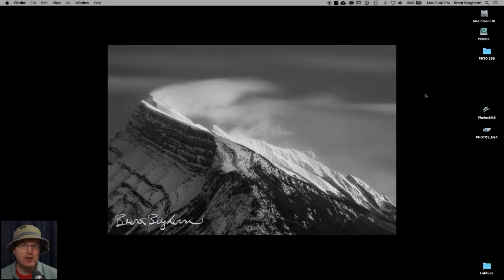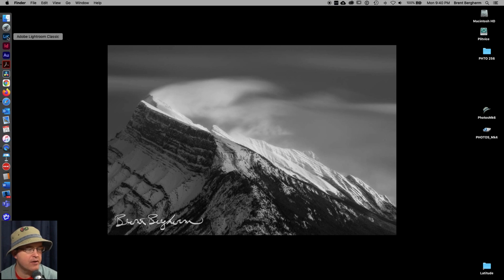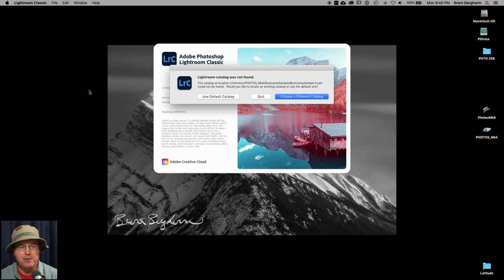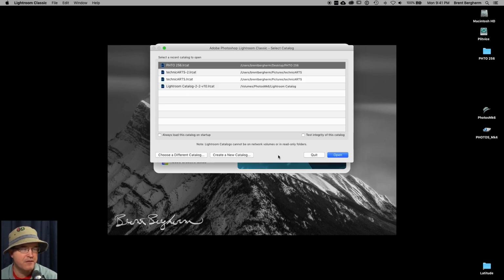All right, so let's get started with putting this hard drive on the system and getting our catalog set up. All right, so I just plugged in that hard drive and I'm going to start Lightroom now. And when I go over here and I click on the Lightroom item, it comes up with this little error dialog box saying the last catalog that I tried to have open that I was working on, well, it's not available. If you are starting Lightroom for the very first time, you'll probably see something a little more like this,